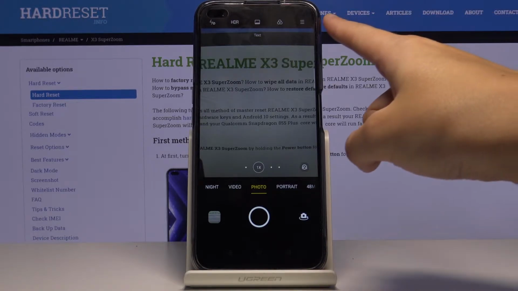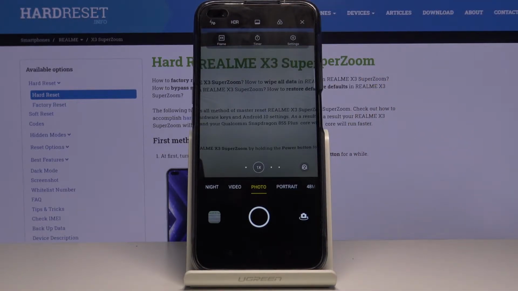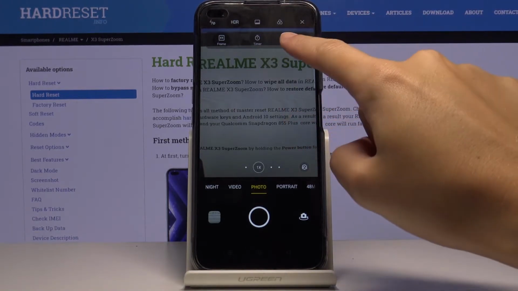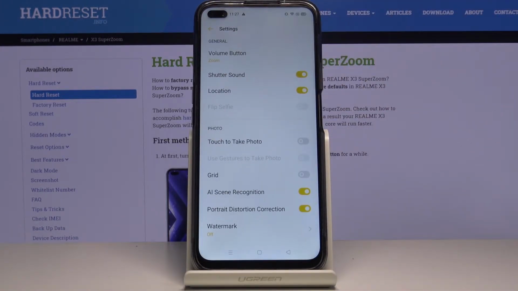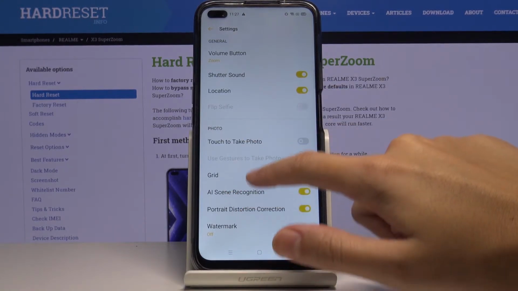We can do it by tapping on this button here in the right corner. It gives us access to 3 other buttons. For now let's focus on this one from the right. When we pick this we can open the advanced camera settings, and from here let's slide a little bit down